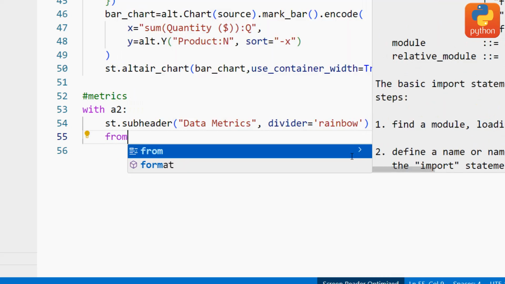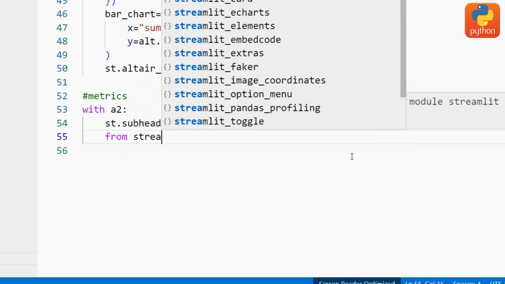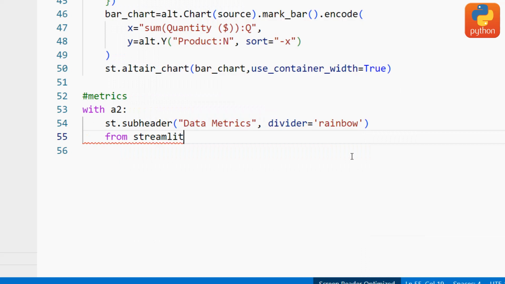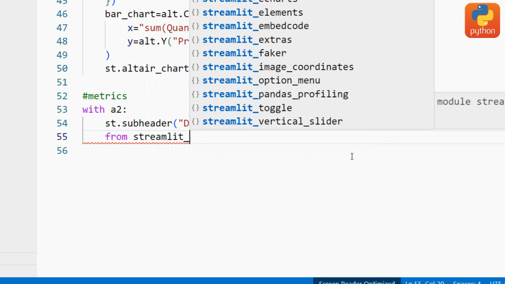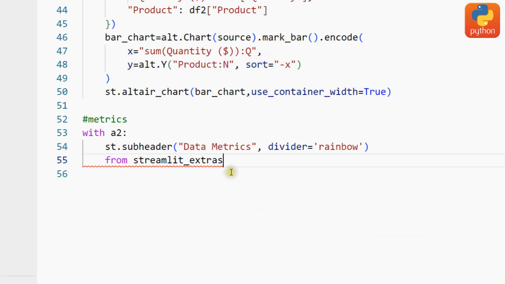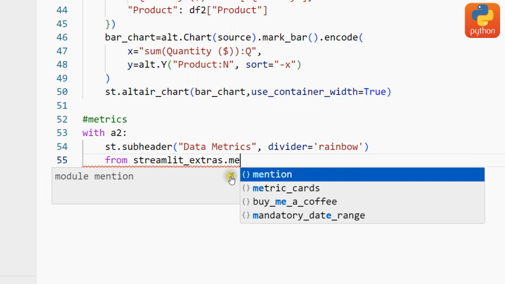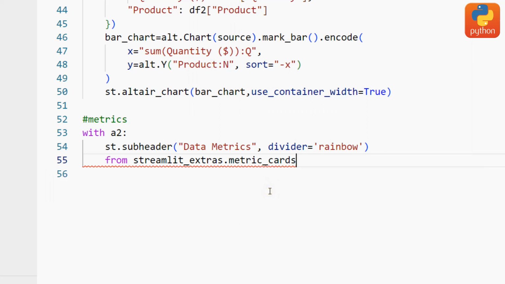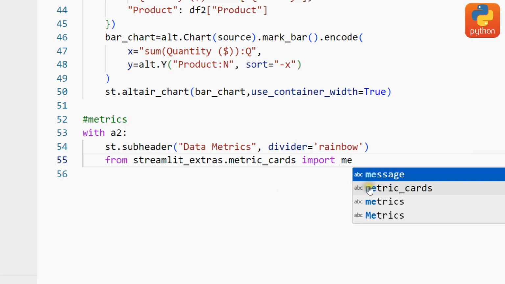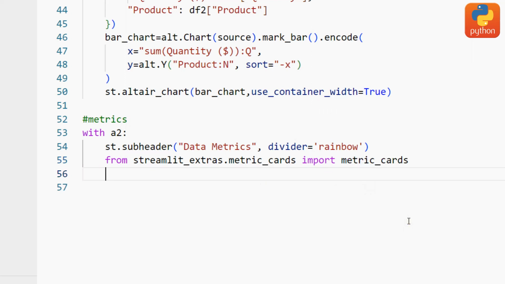Okay, so now from streamlit_extras, this one, find the metric cards. Now import metric cards. Okay, so inside we have